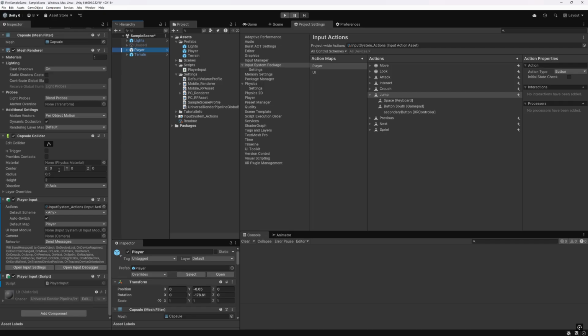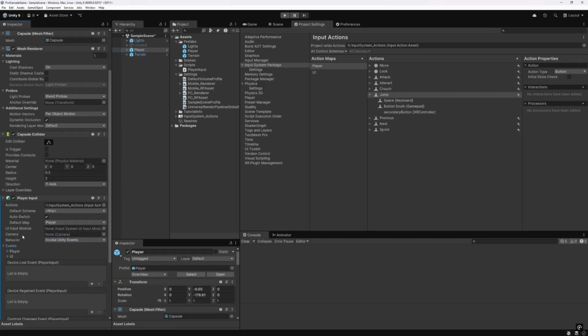Naming was unfortunate because now we have the input system's PlayerInput component and our PlayerInput component with the same name. I change the input system PlayerInput component's behavior variable to Invoke Unity Events, which allow us to call C# code by setting it in the inspector window.